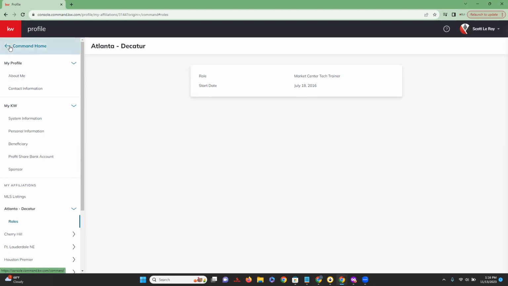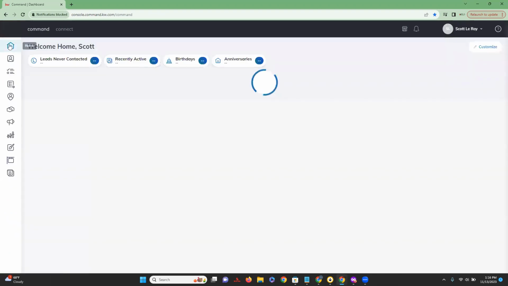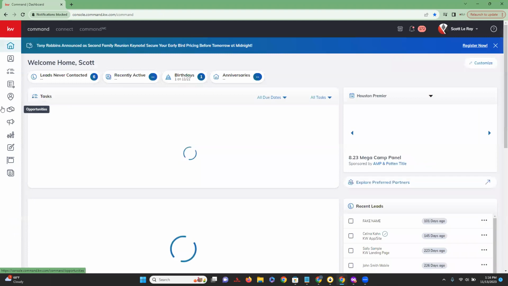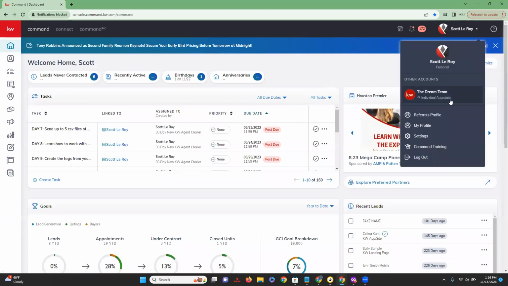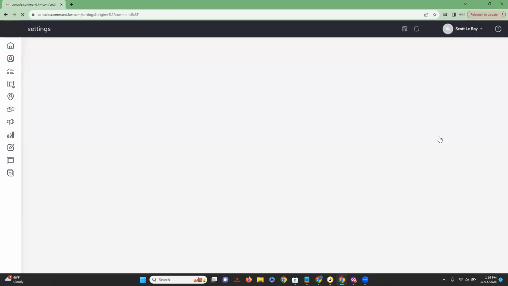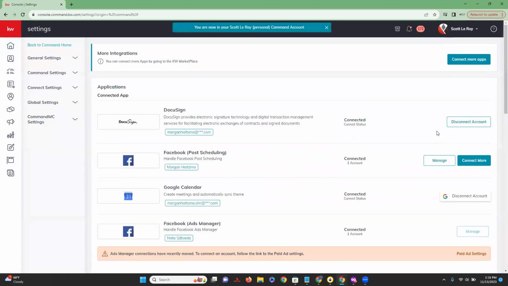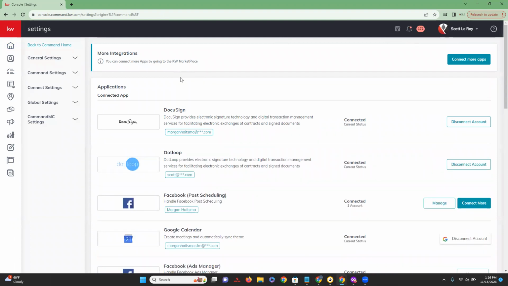So let's click on Command Home. That's going to bring us back to our home page. We're going to go back to our name and click on the drop down. And this time we're coming to Settings. So once we get into our settings, this is going to open up our integrations tab. So this is all of the applications that we have the ability to connect to Command so that they can